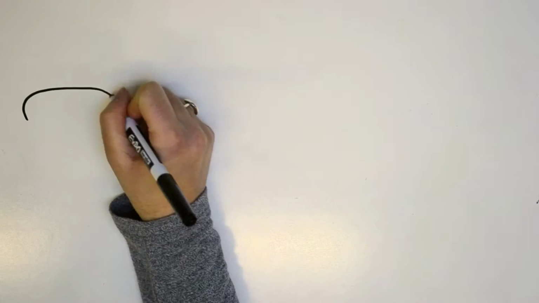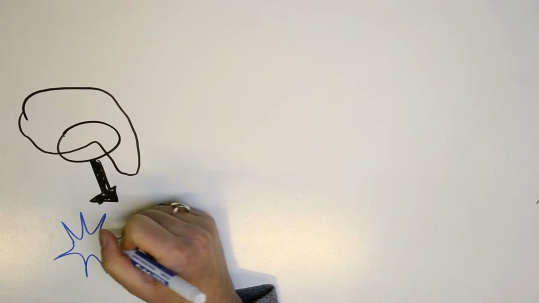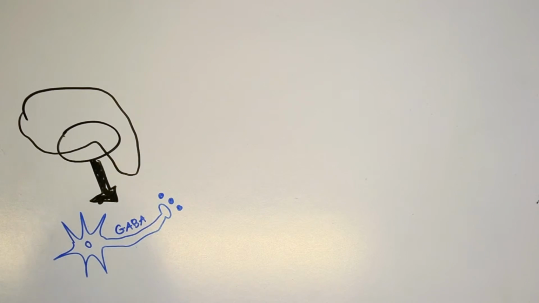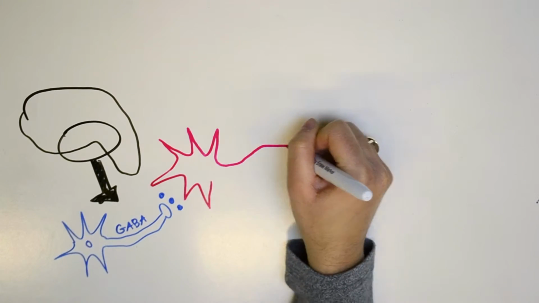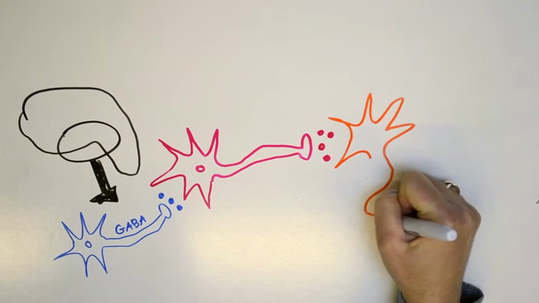Drugs act on circuits in the brain that are responsible for rewarding feelings. These rewarding feelings are caused by the release of a neurotransmitter called dopamine. For simplicity's sake, let's call the main components of these reward circuits the blue group of neurons, which release a neurotransmitter called GABA. GABA's role is to reduce the activity of the pink group of neurons, which release dopamine, onto the orange group of neurons.